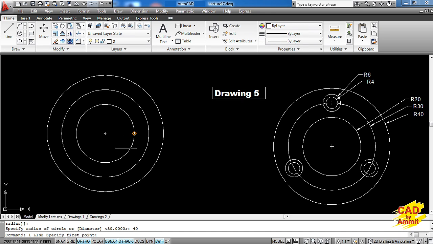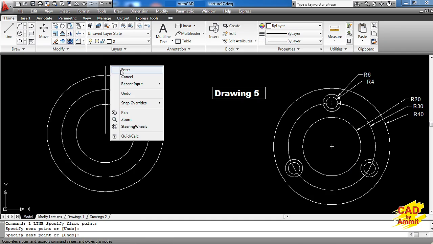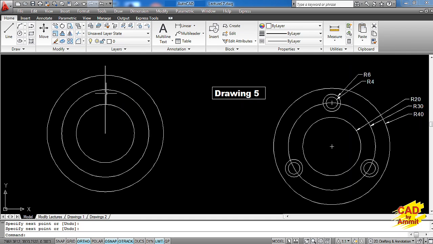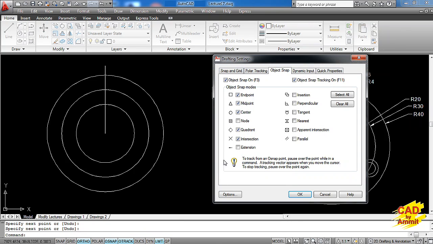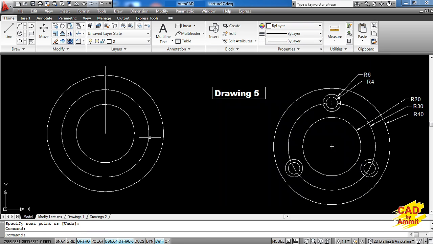Then we go for a line command. I pick the center point of this. The ortho is already on. So I'll just make a vertical line, and this line is intersecting this middle circle somewhere on this point. So that point will be the center point for these 2 smaller circles. For picking up this point, which is the intersection point, we can go to the object snap, come to the settings, and we can switch on the intersection option. It's already on actually. We go for a circle command, pick this intersection point. Actually the intersection point is the quadrant point of the circle as well.